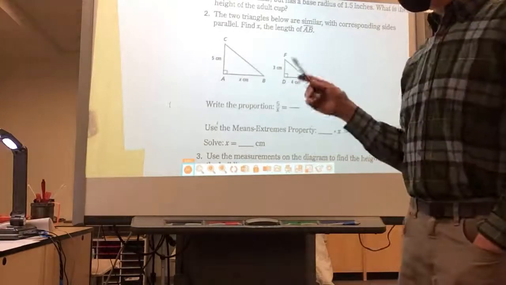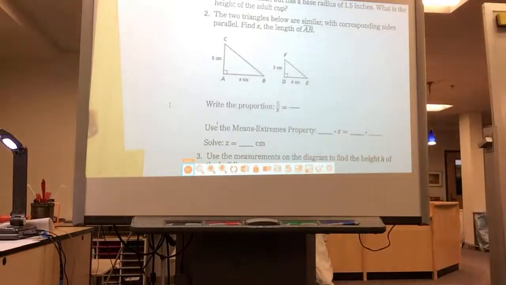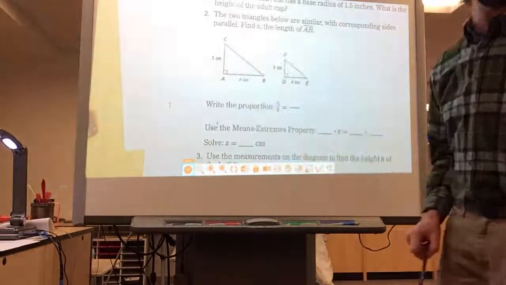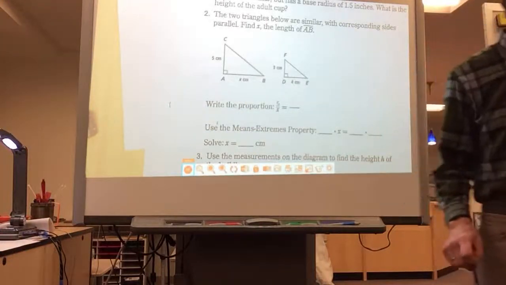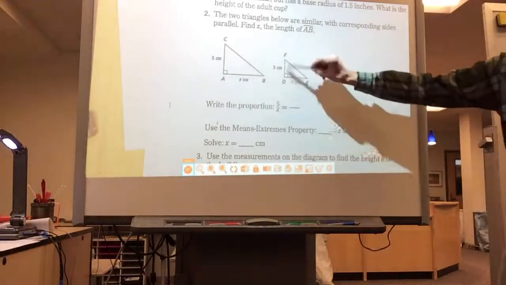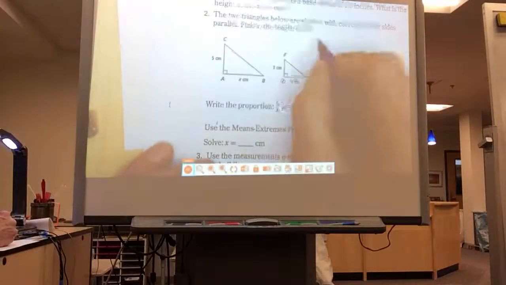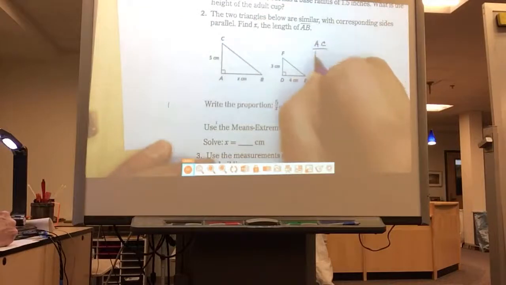So when you write your fractions, one fraction can be written with one corresponding pair. So this side of my triangle up here corresponded to the 6. Which side corresponds to AC? DF. So if I was going to write out AC is to DF,